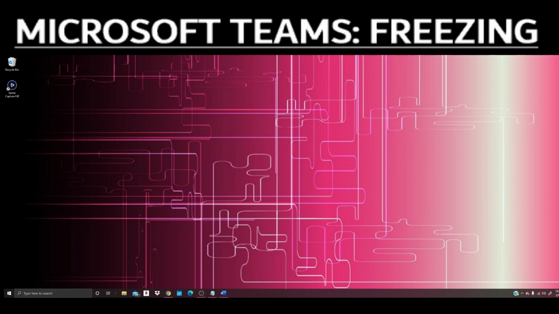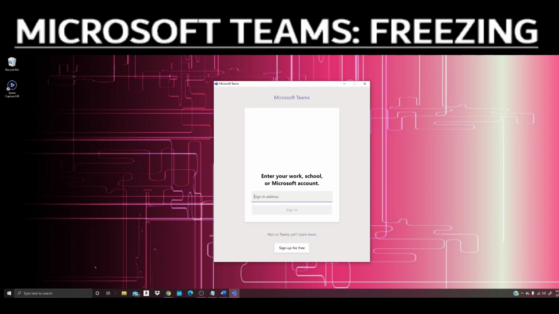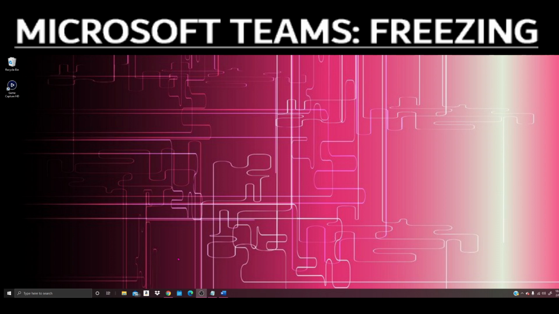It's going to have me sign in now, but it does not erase any of your credentials, anything like that, okay? Next thing you could do is, if clearing the cache doesn't work, or restarting it after you close it doesn't work, or restarting your computer doesn't work, you always have the option